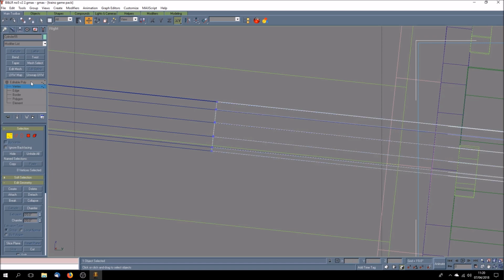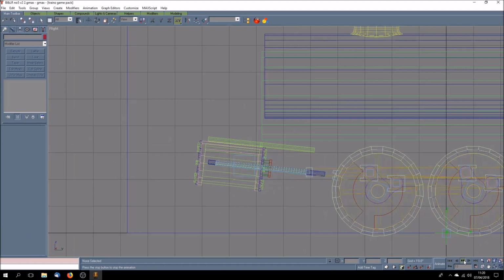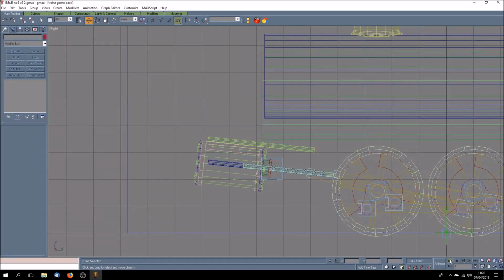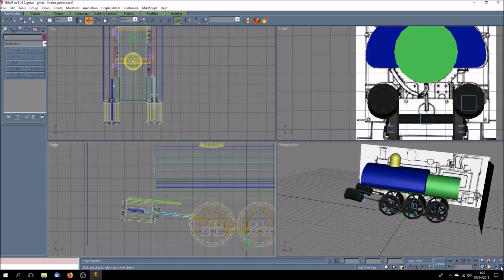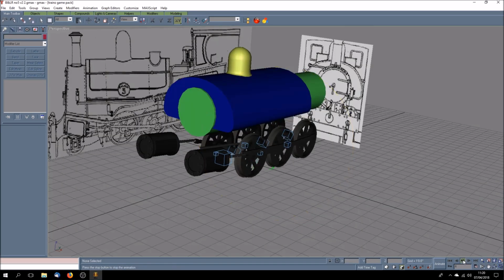That's it. And now let's have a look and see if it punches through the end of the cylinder. No, it doesn't. It stops short, which is quite good. Otherwise it wouldn't be a very good locomotive, would it? Let's just check again. Nice and big. Set it going. There we are. It's hidden. It's actually operating inside the cylinder itself. And now I'm going to do the other one,